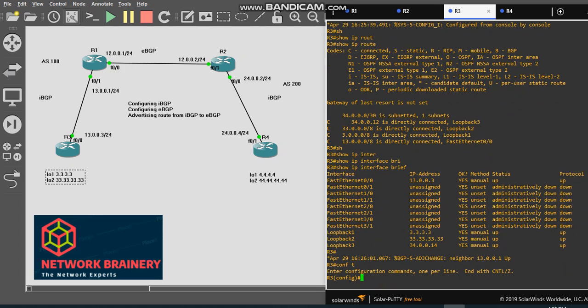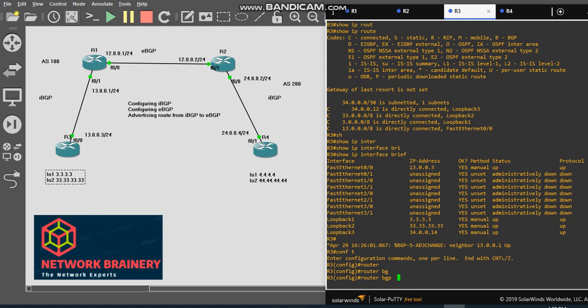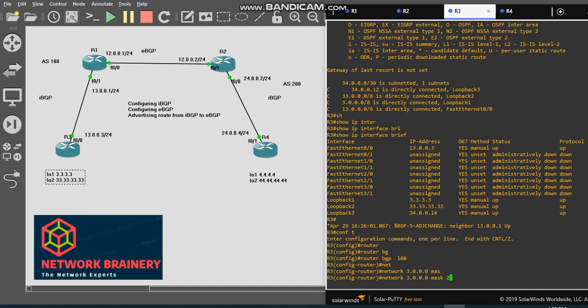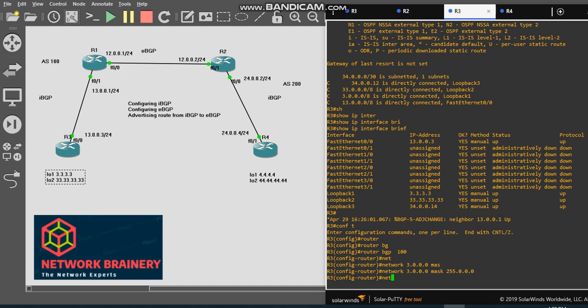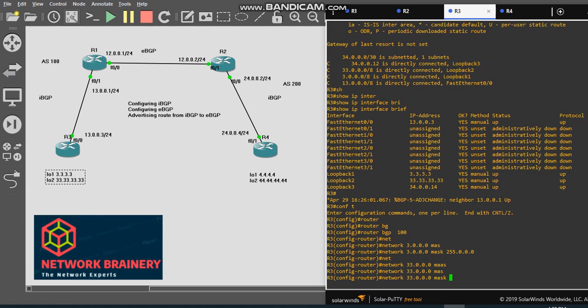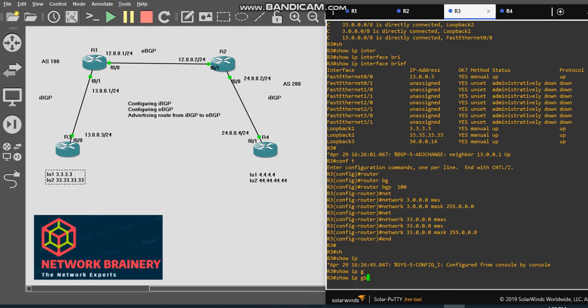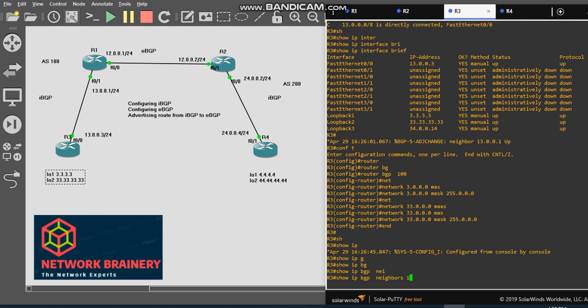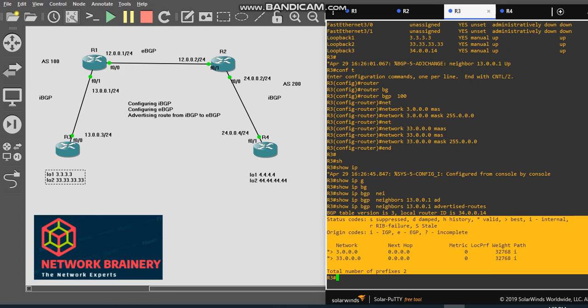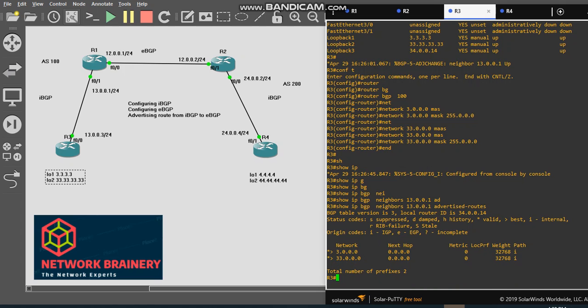Let's go to R3, router BGP 100, network. I'm going to use the same one, 3.0.0.0, mask is 255.0.0.0. Again network 33. Show IP BGP neighbor 13.0.0.1 advertised routes. Here I can see that I'm advertising these routes to that neighbor,